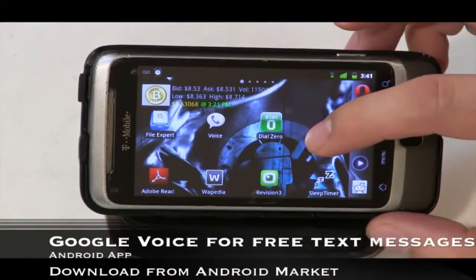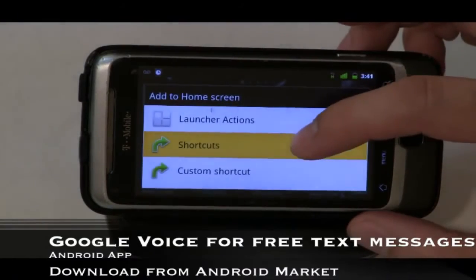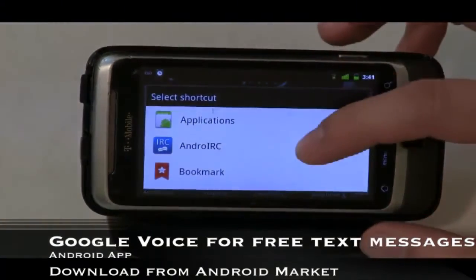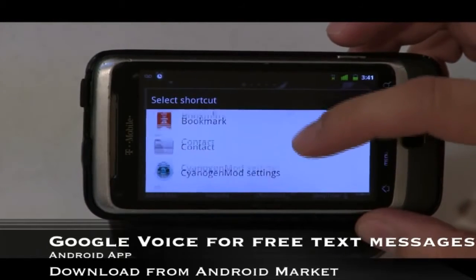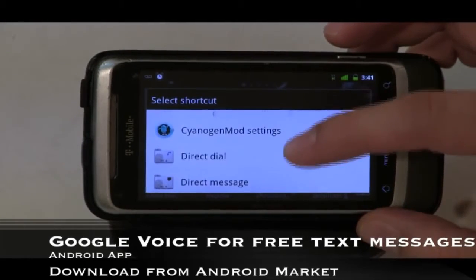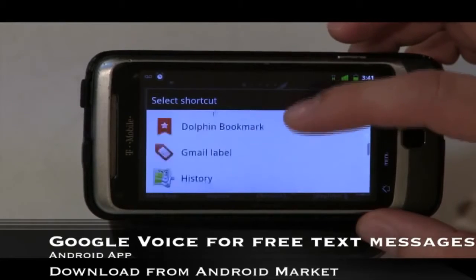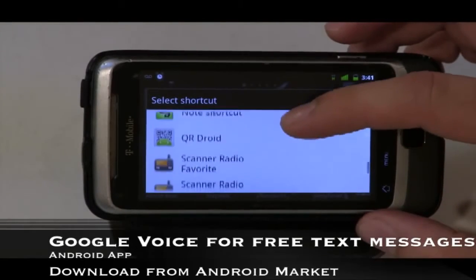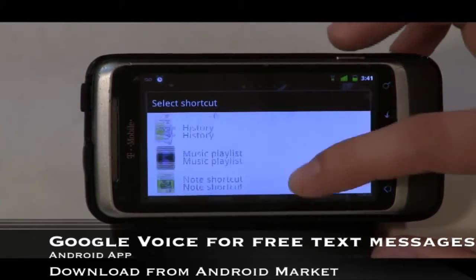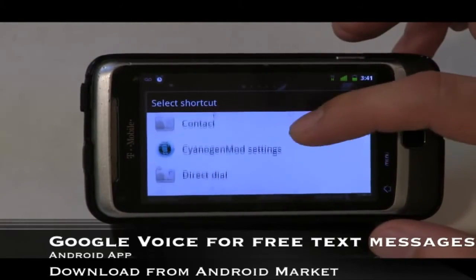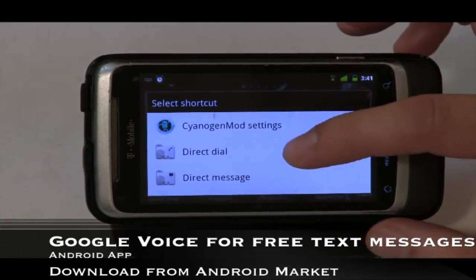Open space on your home screen, and then you're going to go to Shortcuts. And then it's going to give you a bunch of different options. You can make a shortcut for just about anything, including bookmarks, certain settings, directions. It's really handy for directions too, I found. But what we want to do in this specific instance, you could do a direct dial or a direct